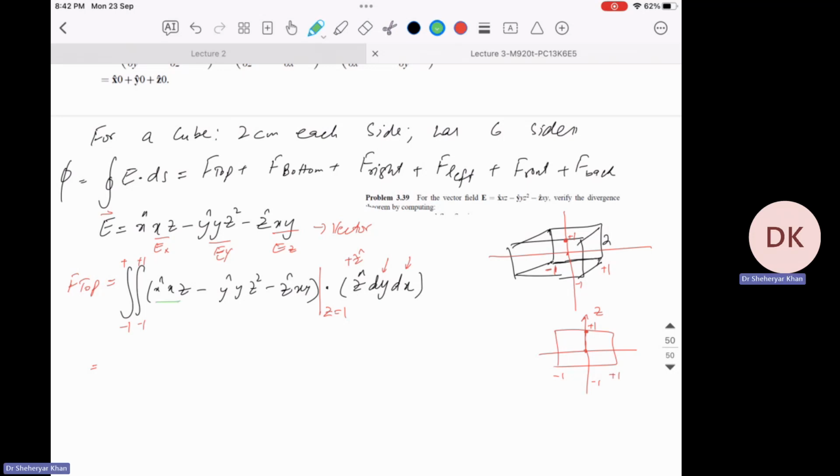Can you multiply this thing and these things? Now this is dot z, right? So x dot z, yes, 0. y dot z is 0. So these two terms will be 0, right? Okay. So that's how you already saw in the video. We discussed that if you are considering only one surface, the rest of the components will not have any effect because the dot product is 0. So this will cancel out and we will have final